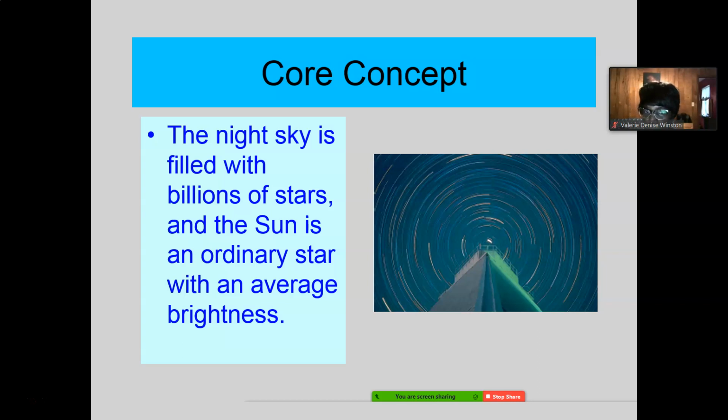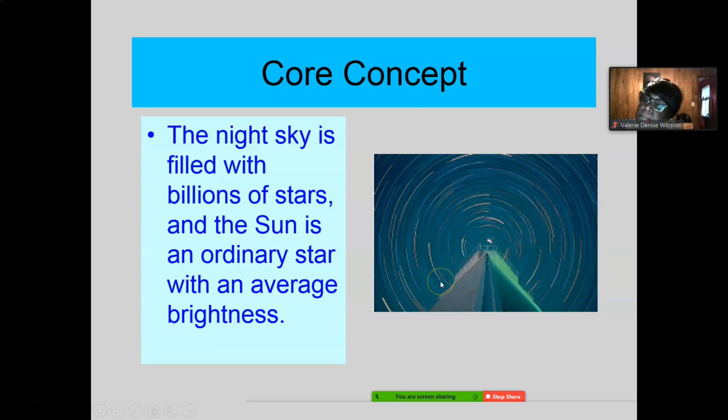Okay? Now, what in the world is this picture here? We'll go over this in a minute. You'll see the same picture again, but I'll give you an idea what this is. This is a picture taken from a camera that's sitting at the base of something here. I don't know what this is, a building or something like that. But anyway, that's the North Star right there in the center of it. And what they've done is it's a very dark night. There's no lights anywhere around, way out in the boonies somewhere. And they took a camera, opened the aperture, and let it sit there all night. Or not, maybe not all night, for a while.